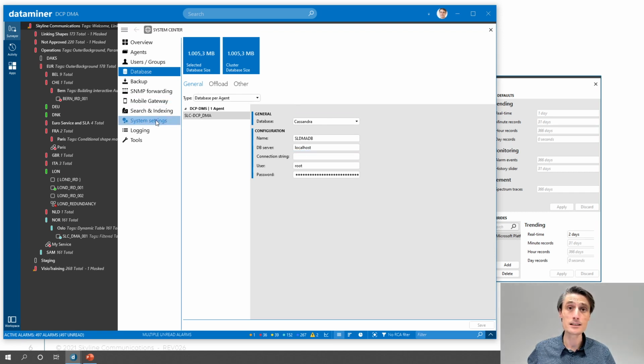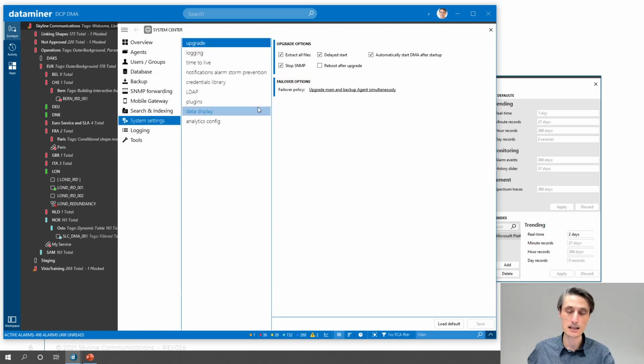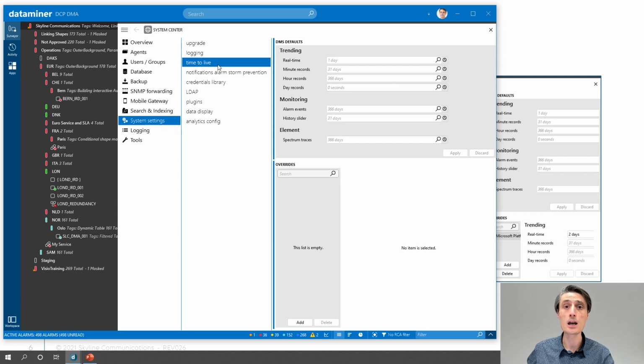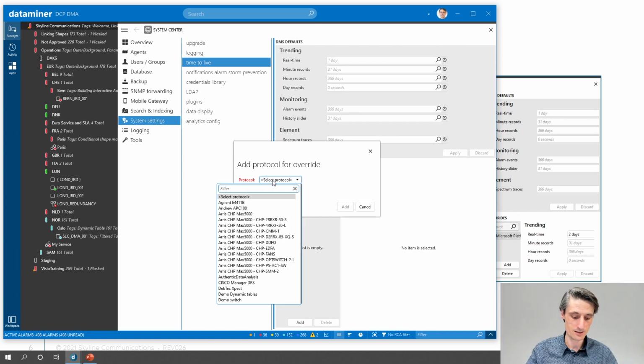Let's take a look at the time to live. Therefore, I need to go to the system settings and I need to go to the time to live. In the time to live, you will see the trending, the monitoring and the element, and the possibility to override it for a specific protocol. So for instance, if I say for the Microsoft